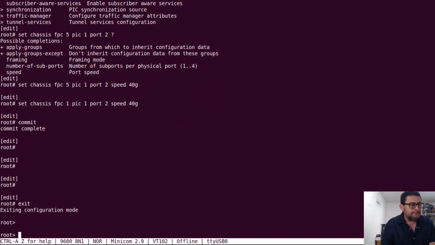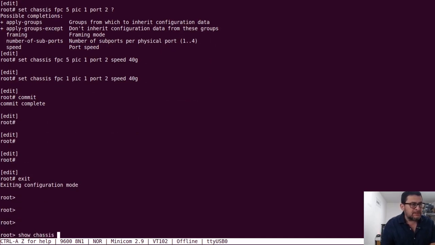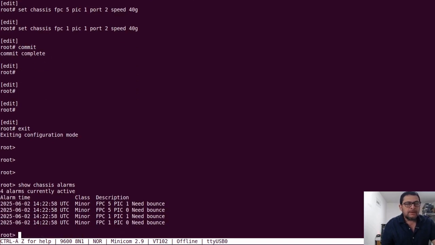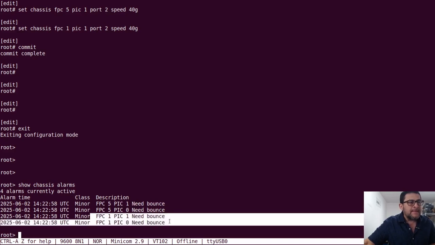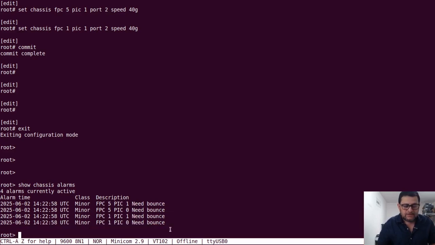So exit from here, show chassis alarm, and look at that. Now we have the alarm that says the FPC needs to be restored. The same thing with the FPC on slot 1. Look at the alarm right there. That yellow means that there are some changes on the FPC. We need to apply that in order to bring the interface up and activate the new configuration on the port